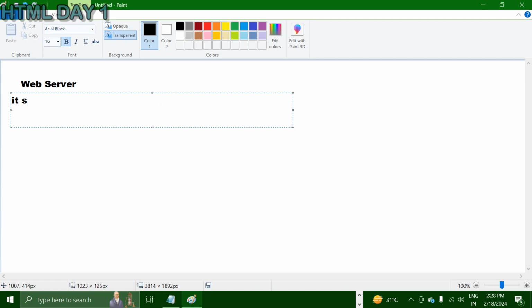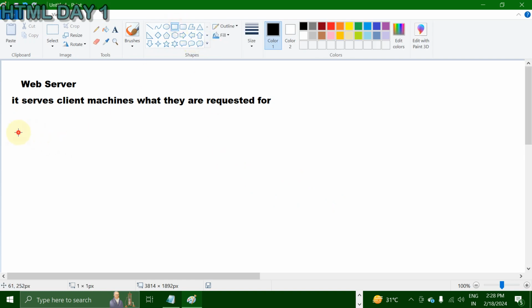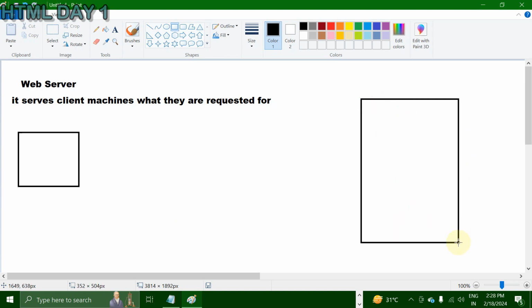the server itself serves client machines, what they have requested. So web server means, for suppose, assume that this is your computer, right? So here there is a server. So this server is